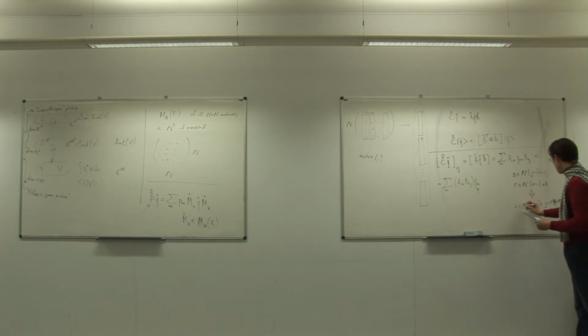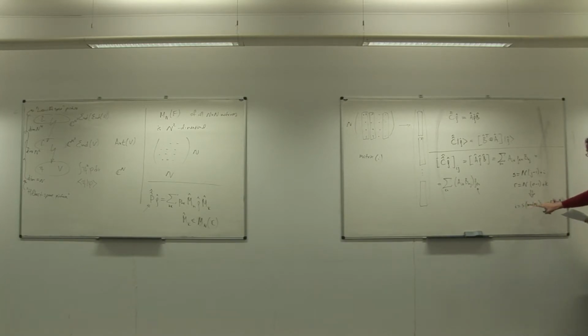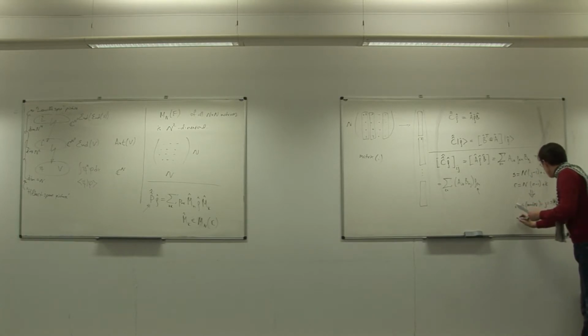So i equals s modulo n. So if we divide s by n, then i is the residual of that division. And j would be again s div n. So when we divide s by n, that's the integer part of the resulting division operation without the residual, plus 1. And similarly for the other pair of indices, so we'll have that k is r modulo n,